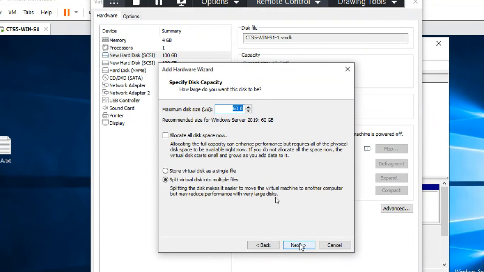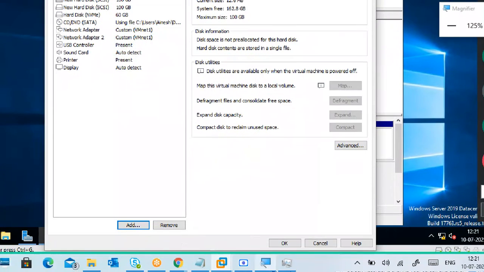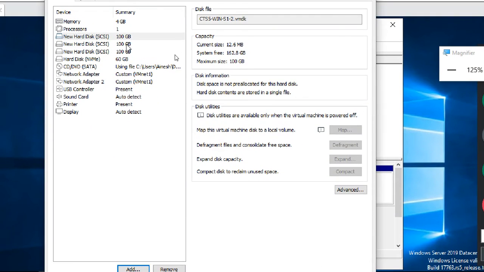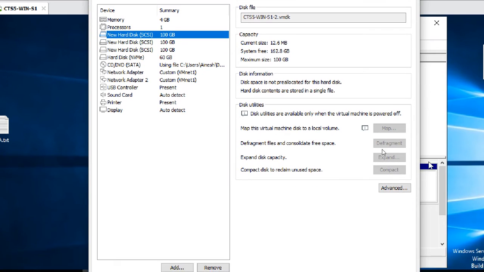SCSI, new virtual hard disk, single file, 100 GB. Three virtual hard disks are there now. Three SCSI disks are added.